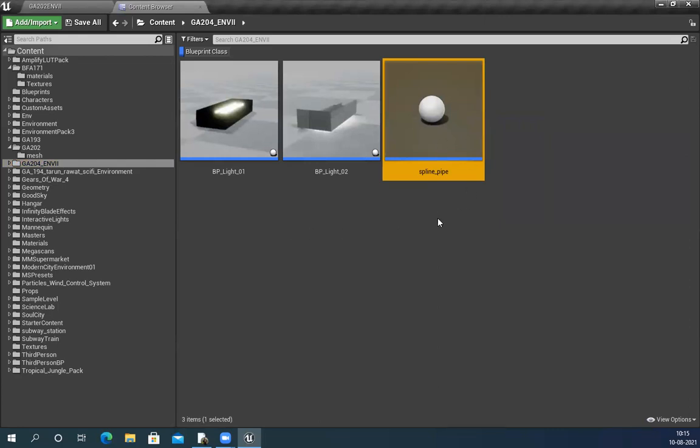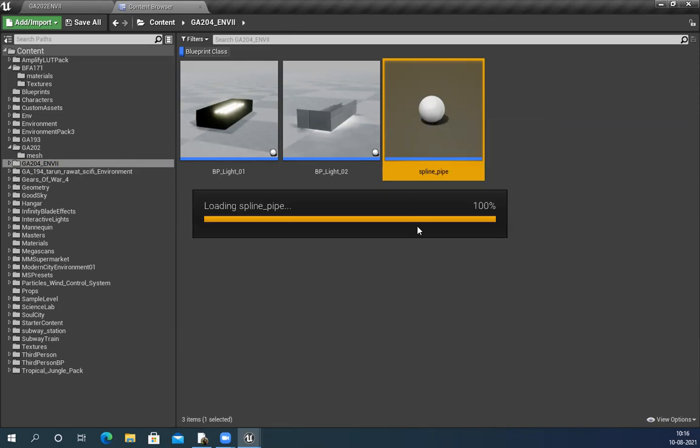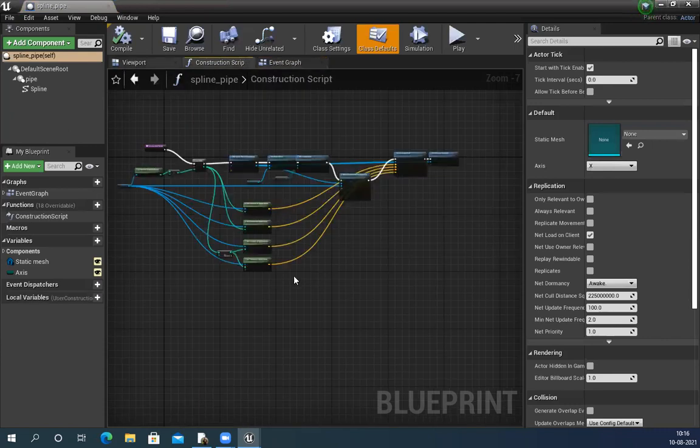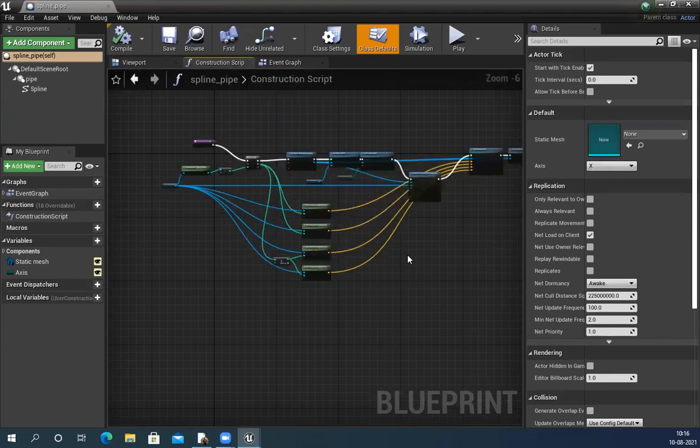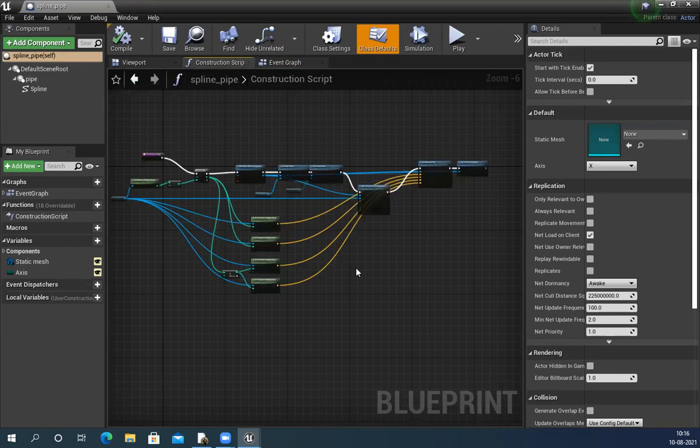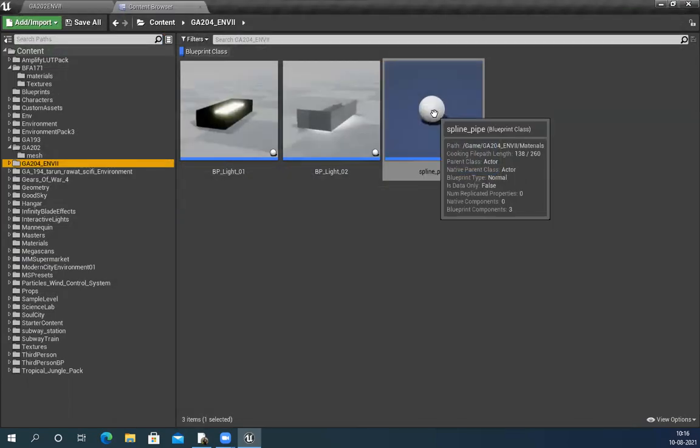It's supposed to be used for wires or pipes or some things that you want to repeat. Blueprint is not our job to do, so I checked some tutorials and created this blueprint. In this, I can create any mesh, any geometry, like a cylinder, a box, or a pipe, and generate the shape within Unreal. I don't have to model it manually, and it will tile all those shapes automatically. So I'll show you how.